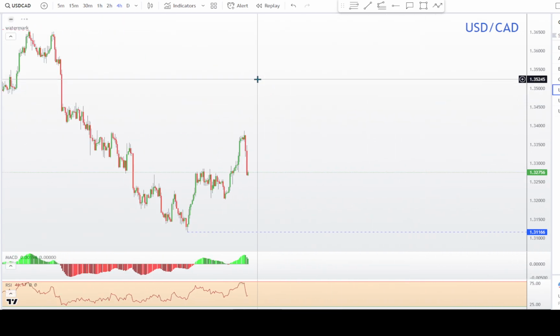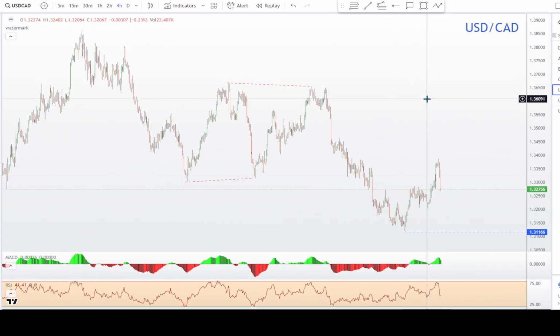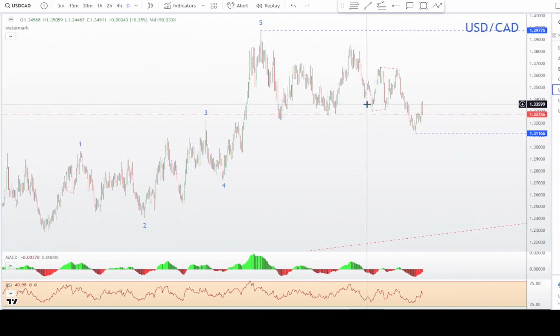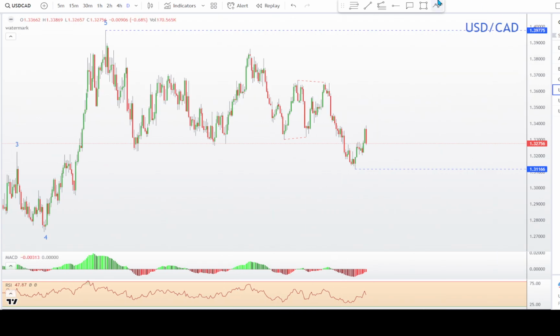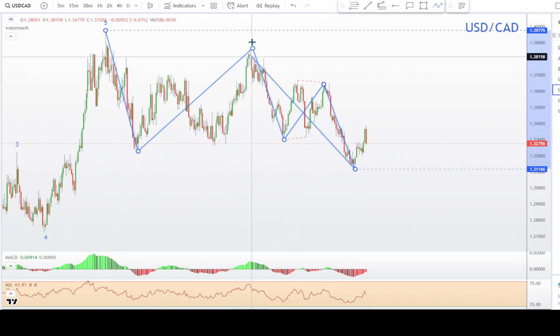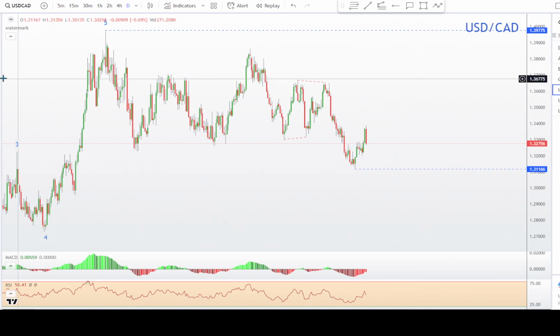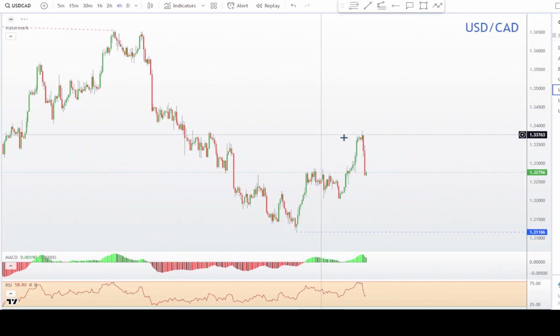Dollar CAD. Now this one is interesting. I was thinking at the low, if we go out to the daily, we've had these 3 waves down to here, and then this big 3-wave move, and then we had this 3-wave move. And I thought that could be all the correction, that'd be a WX, 3 waves down here for a Y. They could be making a WXY XZ, because when we drill in here,